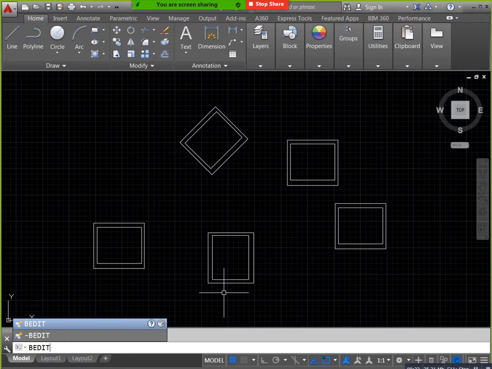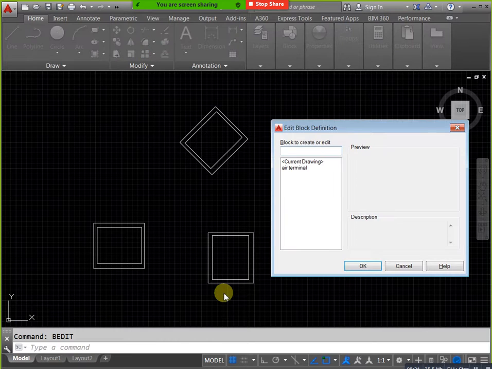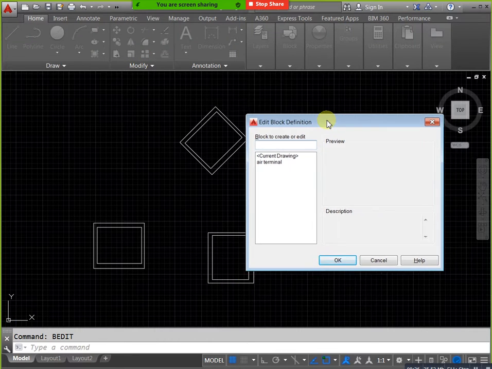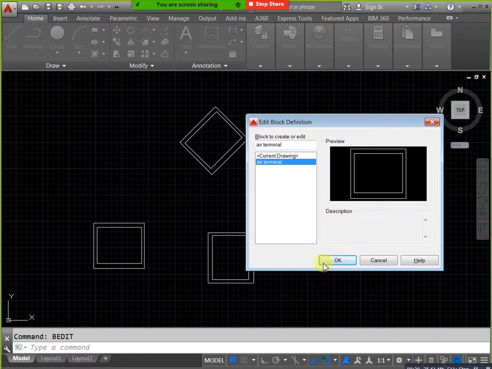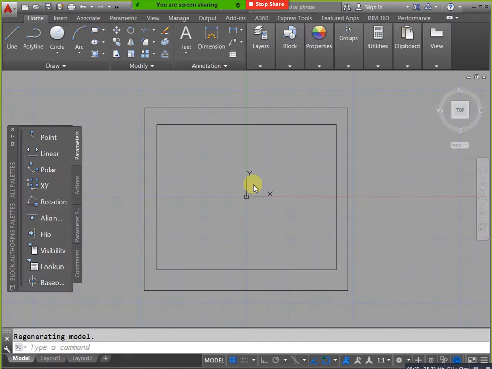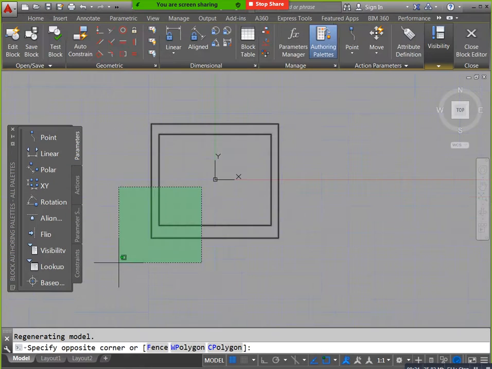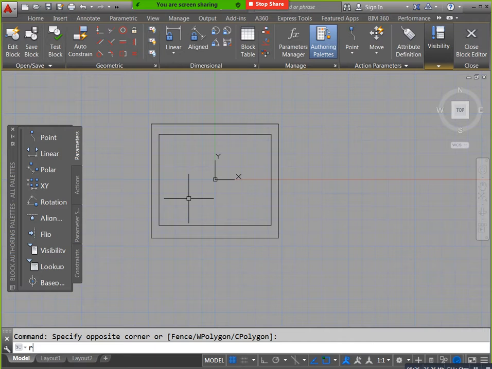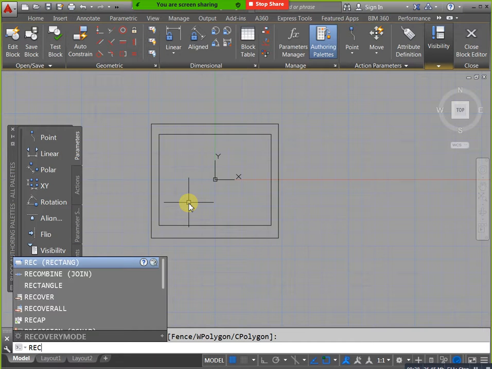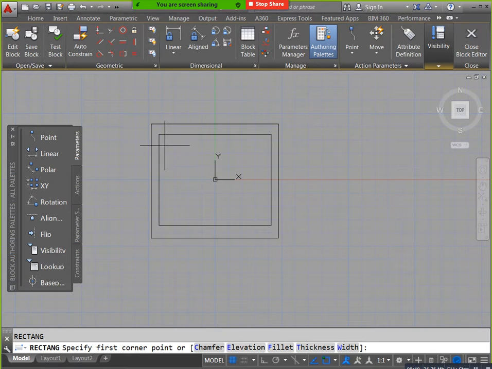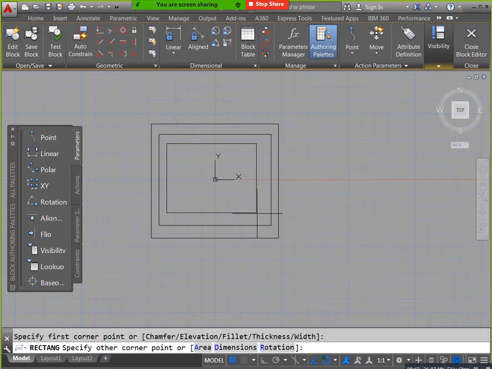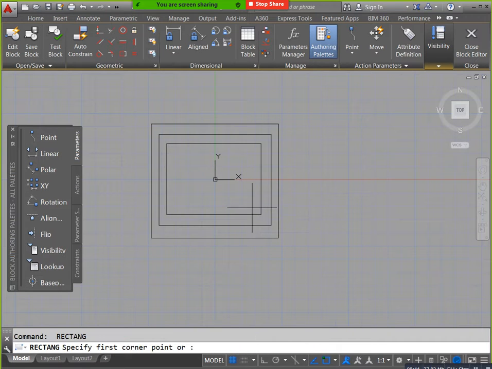Now click on 8 terminal. Now click on OK, then it automatically opens like this. Now if you need, you can directly draw whichever type of editing you need here. For example, I need to mention like this here.